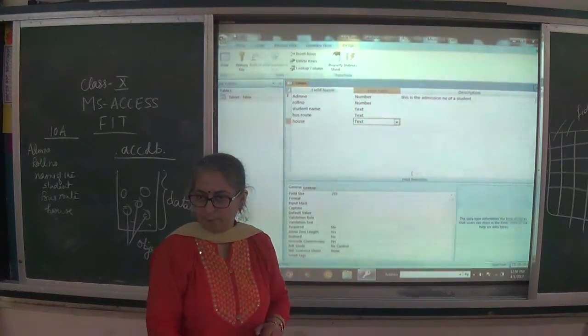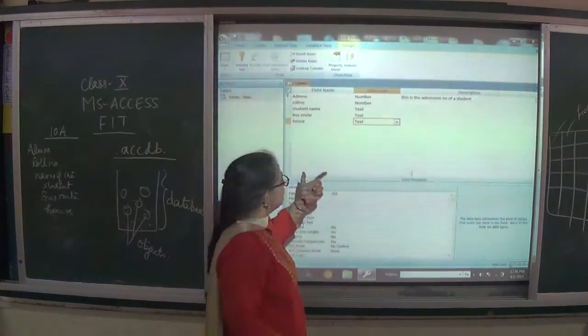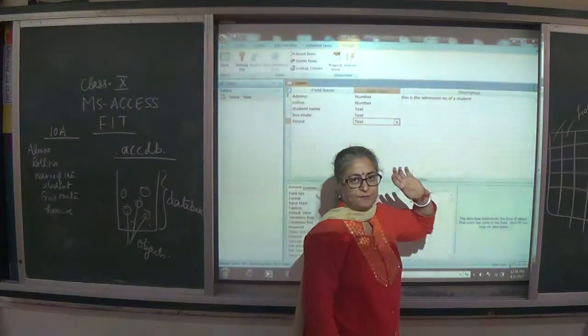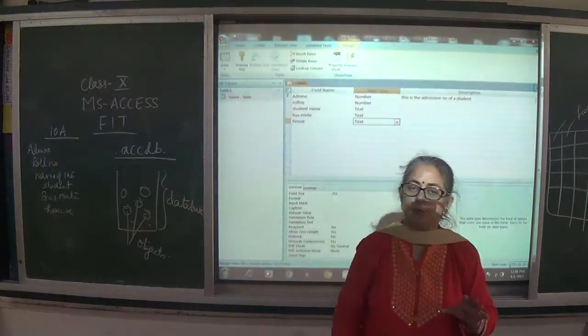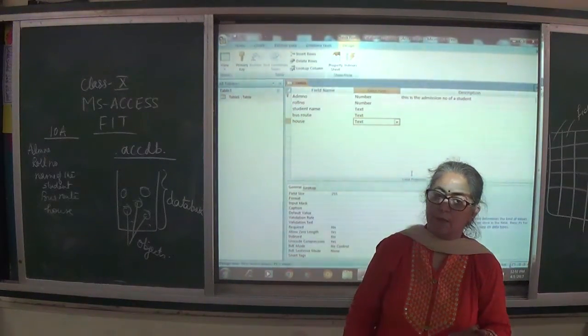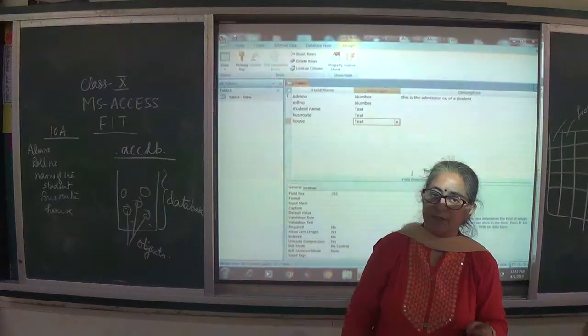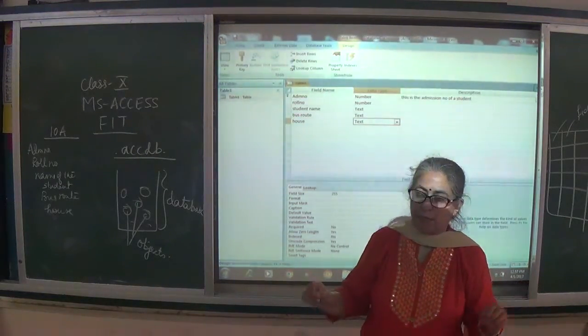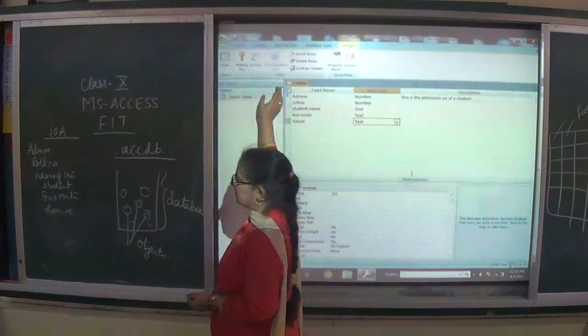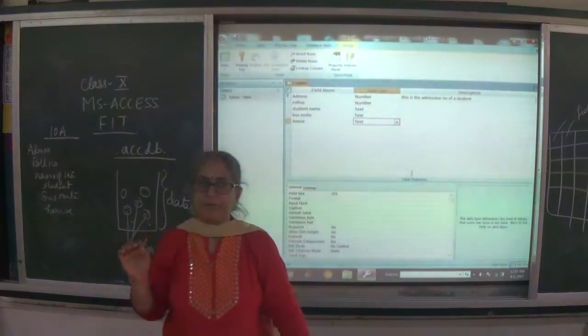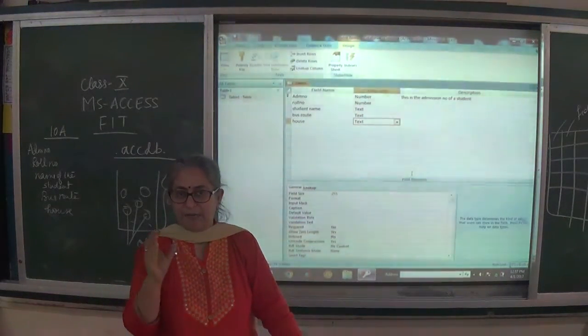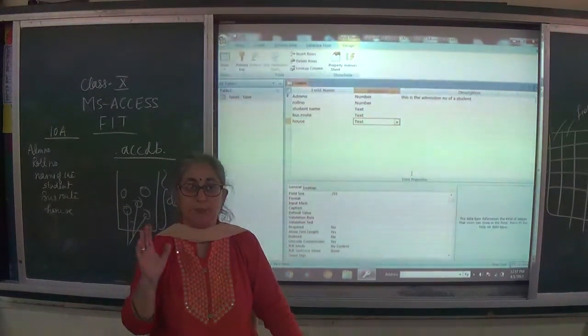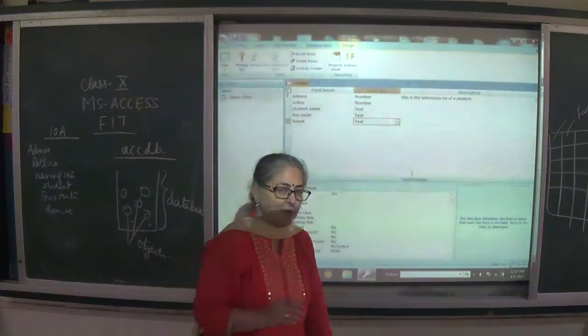that ma'am is calling me. Similarly here, computer should know which of the fields out of these is the unique field which identifies a record uniquely. For that, we assign that field as primary key. Primary key identifies a record uniquely. That is the duty of primary key.